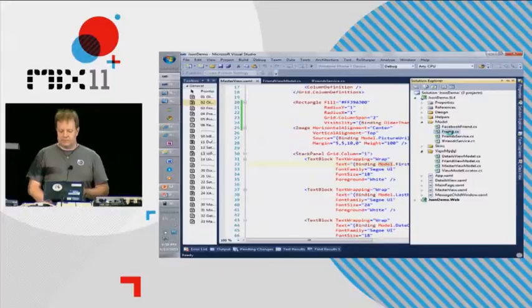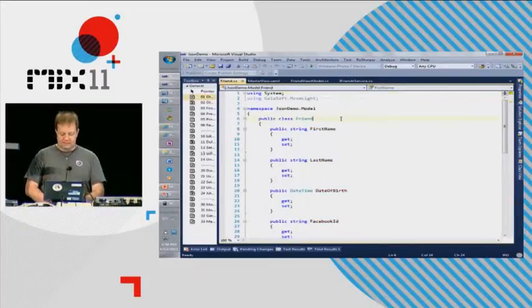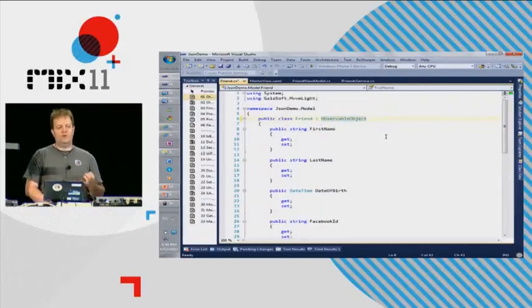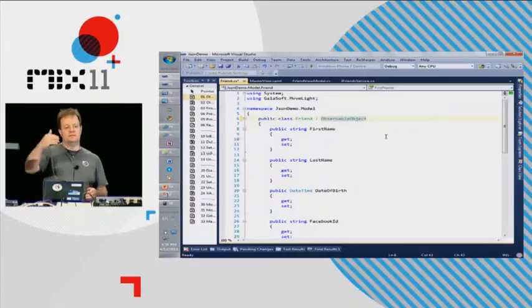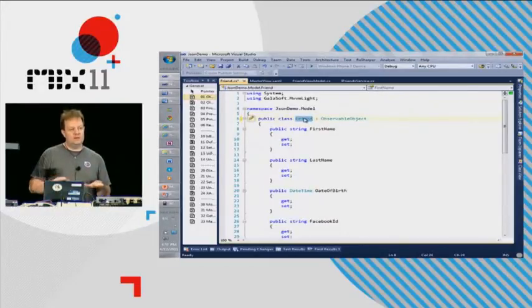I'm going to go back to the friend, and I'm going to make it inherit ObservableObject. ObservableObject is a new class in MVVM Light version 4. It is a very, very simple implementation of INotifyPropertyChanged, so it doesn't have any view properties like IsInDesignMode, etc. In fact, now ViewModelBase, which is a base class for your view models, inherits ObservableObject. So even though my friend can raise a property changed event, it is still a very low level, very